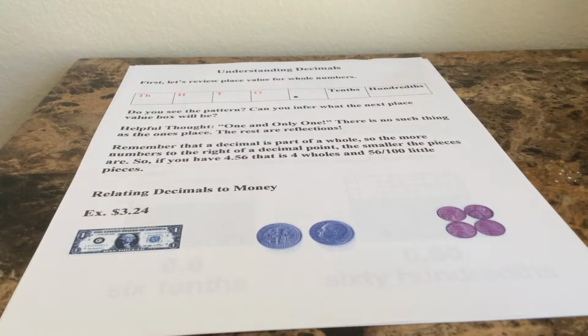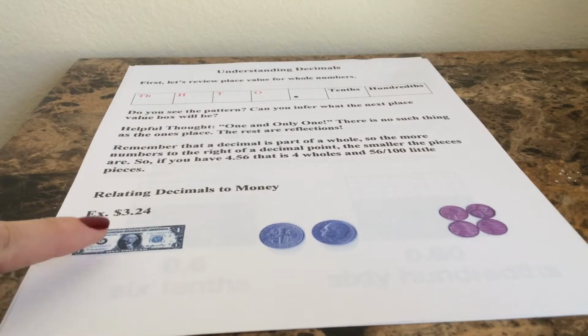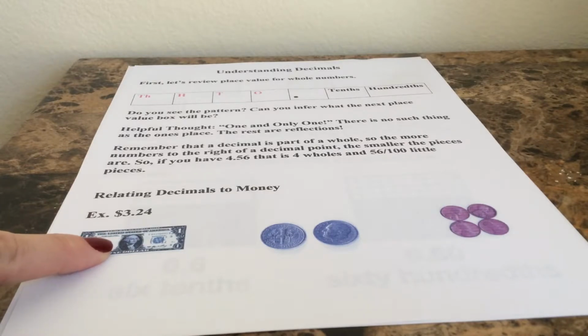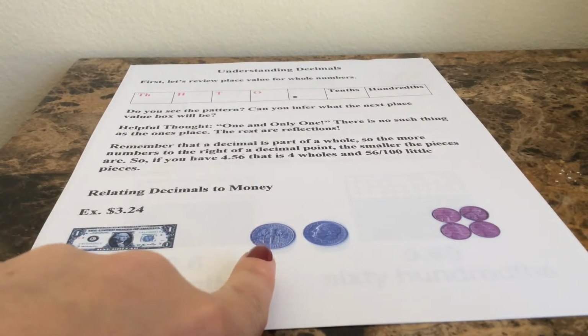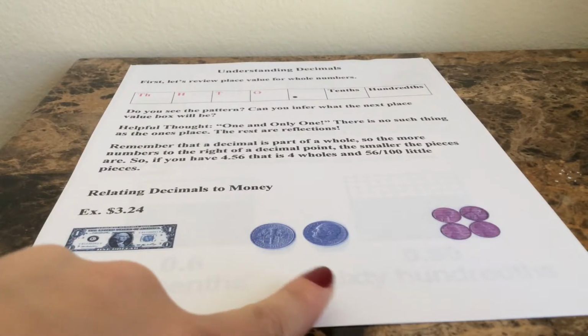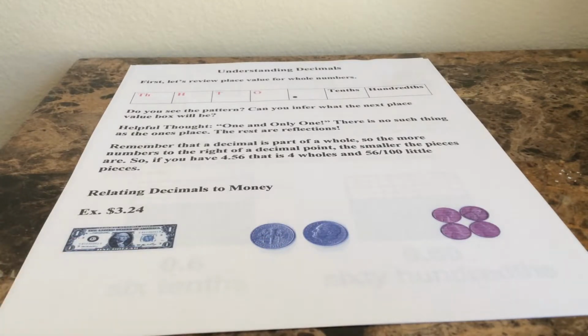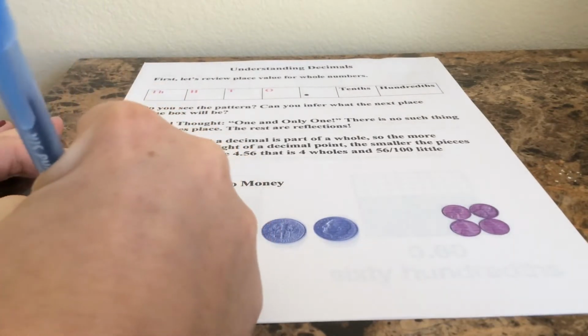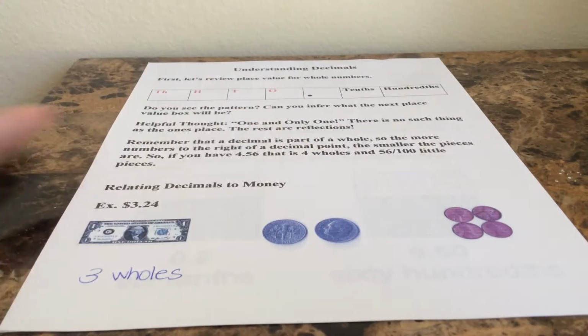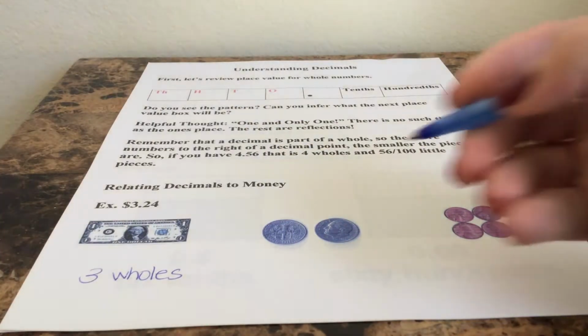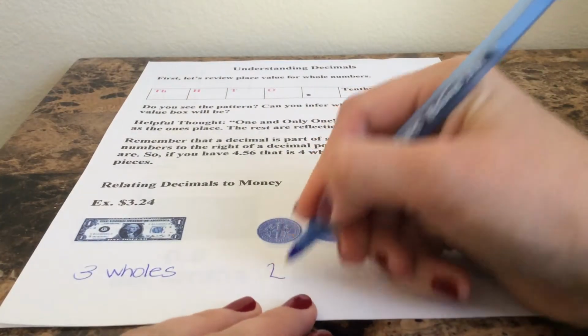So let's say I have the amount of money of $3.24. Okay, that means I'm going to have 3 separate $1 bills. Then I will have 2 dimes and 4 pennies. That equates to 3 wholes, 2